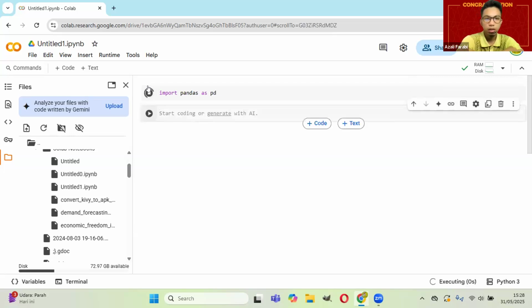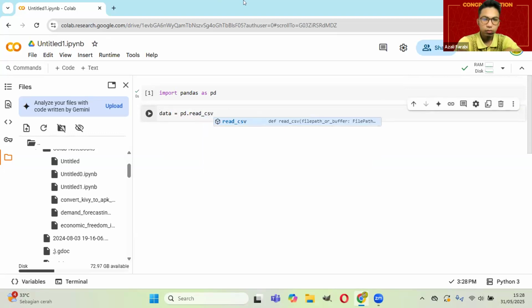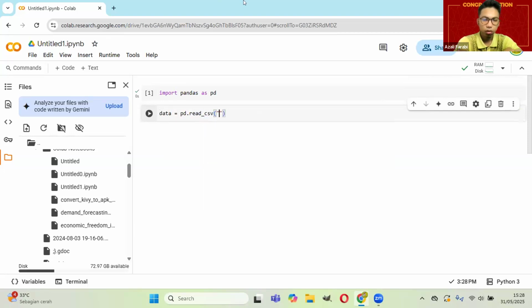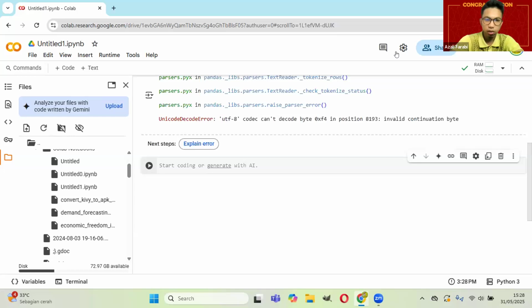And then after that you can use data is equal to pd.read_csv, parenthesis, quotation mark, control V, shift enter. Now you can open. Okay,